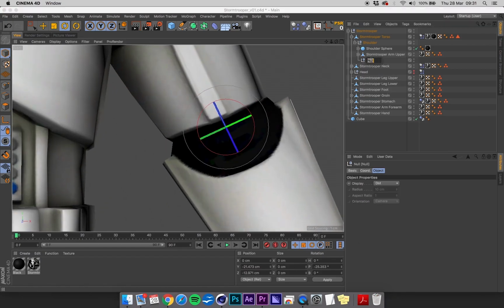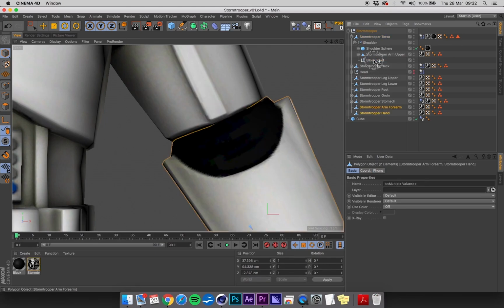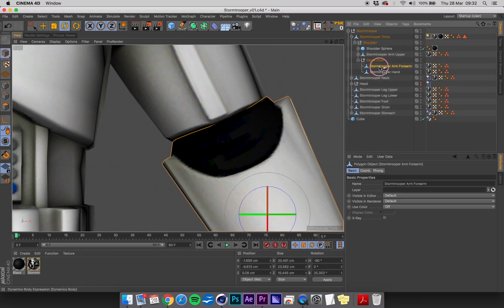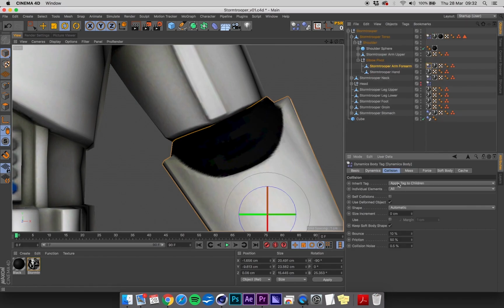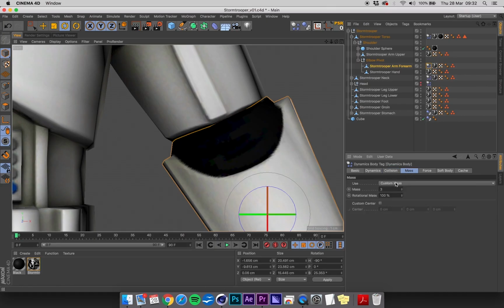So let's call this elbow pivot. Forearm on the hand, and then let's drag that dynamics tag. Just make sure this is set to none for inherit, and we'll just turn the mass down to 2 on these ones,